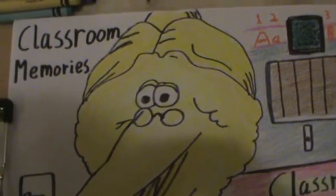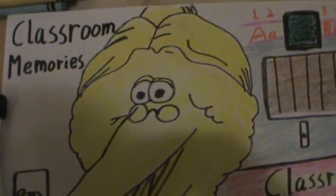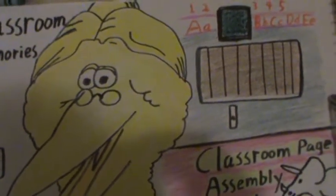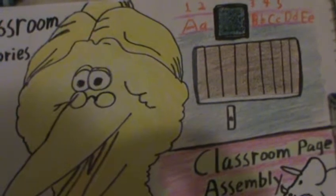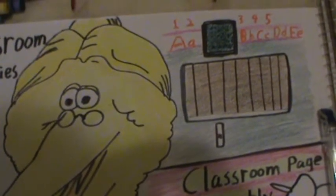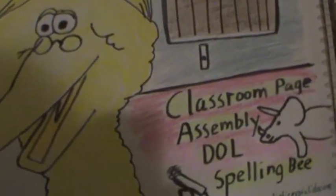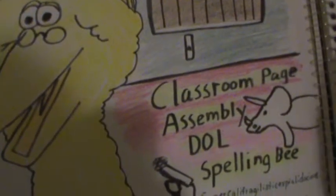Well, hello everyone. Here to show you the Big Bird classroom memories coloring right here. As you see, he drew right here a Big Bird, and along right here you've got the classroom memories, talking about the ABCs and the 1, 2, 3s. What I remember from when I was in the first and second grade